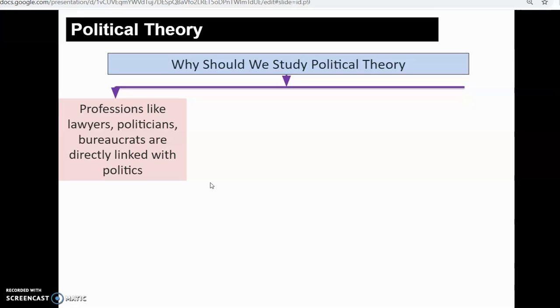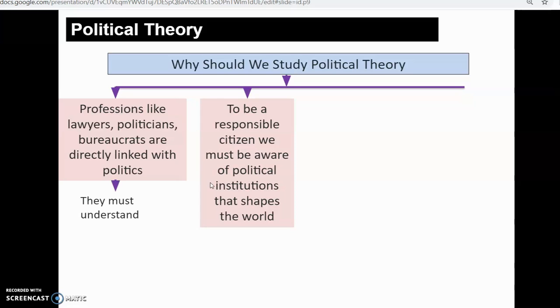As a student you should also read political theory. Why? Because in the coming future, you are going to be a part of this country as an aware citizen. You are going to cast your vote, right? So it is the foremost responsibility of an aware citizen to know about the political institutions that shape the world, whether that institution is the legislature, executive, or judiciary. You should understand, because the rules and regulations made by these political institutions are going to affect you in either the short run or the long run. So as an aware citizen you should understand how the whole society works, right?